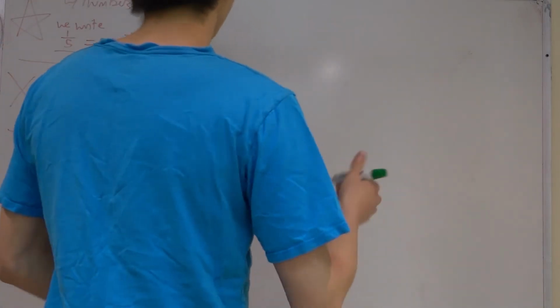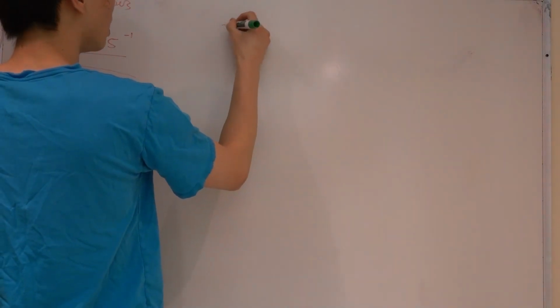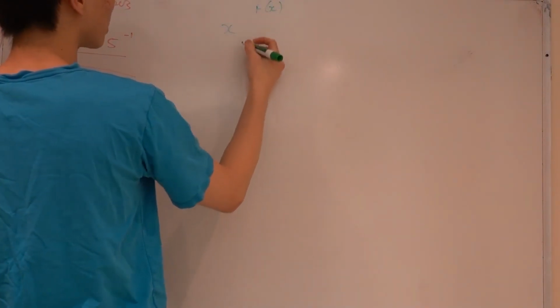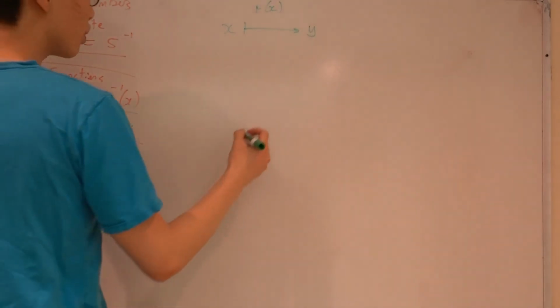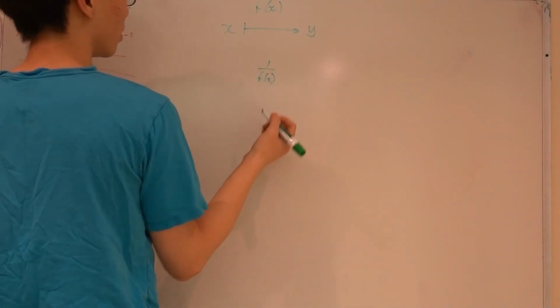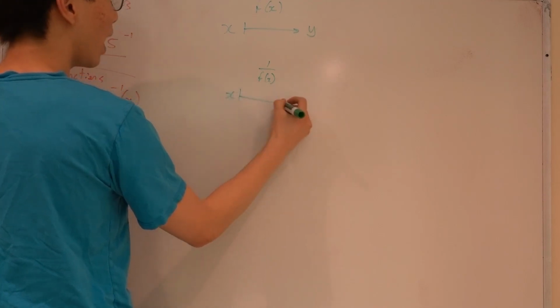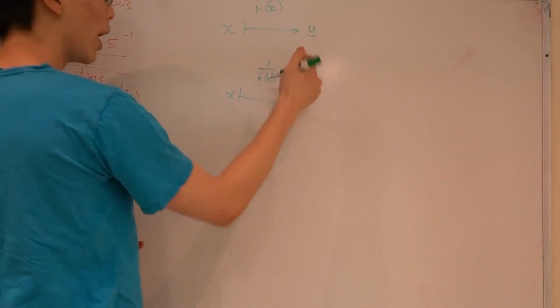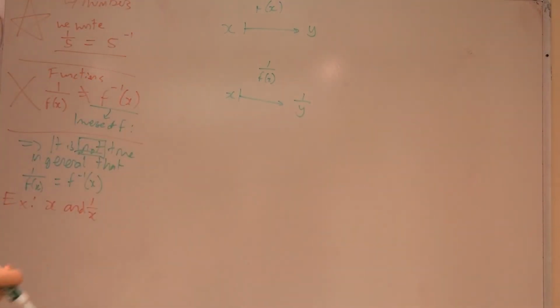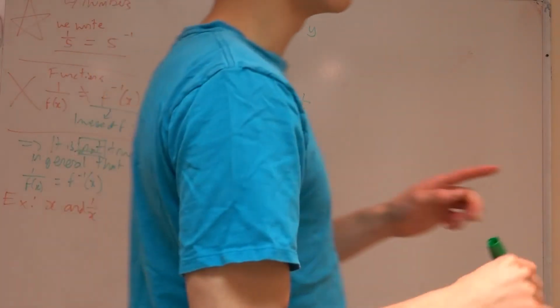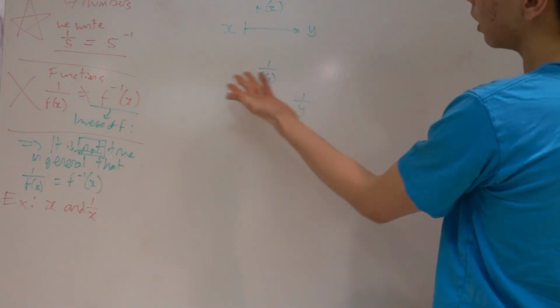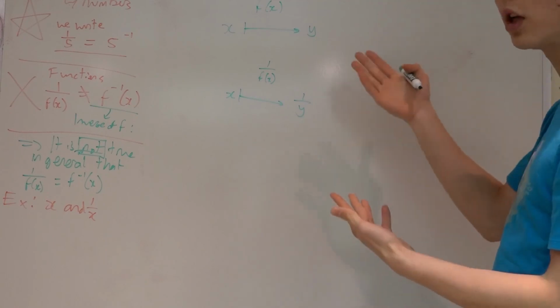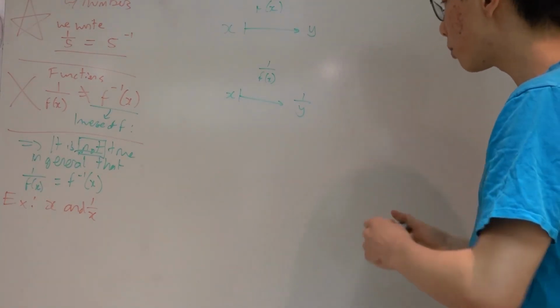Okay? So firstly, what does the reciprocal function really do? Think about what the original function does. So f of x takes in some number x and outputs a value y. The reciprocal function 1 over f of x, right? What it will do is that it will take in the same value x, and what will it output? It will not output y, but it will actually output 1 over y. Okay? So the y coordinates of the reciprocal function are always going to be the reciprocals of the original y coordinates of the function. That's pretty much exactly stating what a reciprocal function does. It just takes your function values and does 1 over that. So there's not really much that's interesting there,